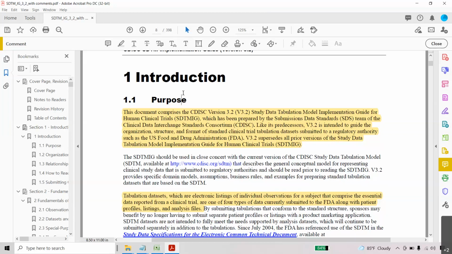And always remember that SDTM IG is very standard. We cannot change it. We don't have any right to change the data. That's why it is called the Study Data Tabulation Model. And most of the variables you can see in it are character type data, because this is the data just to show how the data is collected and how the data is presented.